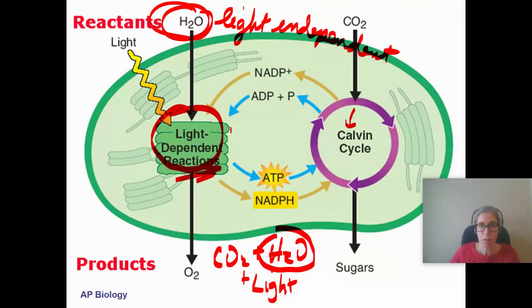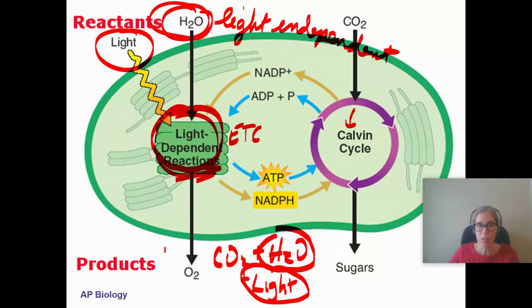The electrons from that go through an electron transport chain, but first they have to be bumped up to a higher energy level, and that's where the light comes in. So these are the reactants for the light-dependent reactions. And then oxygen is just a waste product from splitting water. So if you look at photosynthesis, it's carbon dioxide, water, and light, which makes glucose